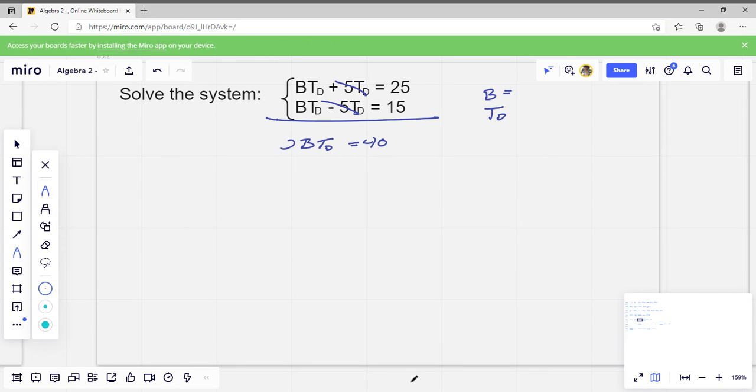That'll be 2btd because I added btd. One of them, see there's one right there and one right there, makes 2. Now I divide by 2, and I get b times td equals 20. Now I'm just going to sub this value back in for btd. So that would be 20 plus